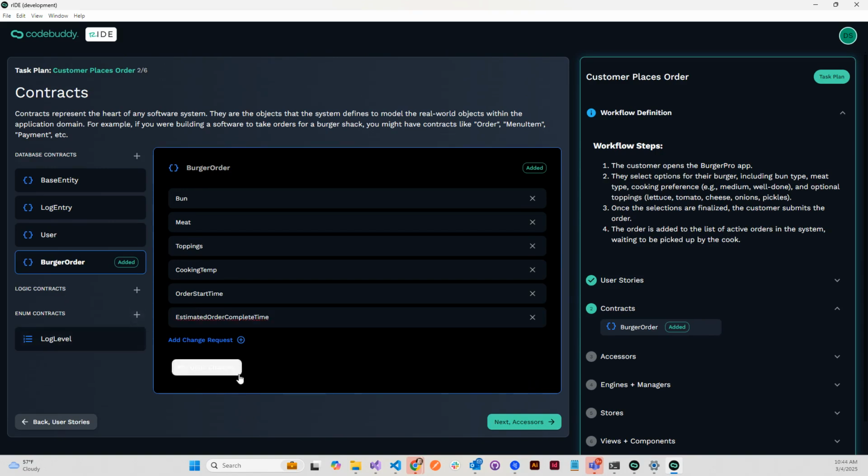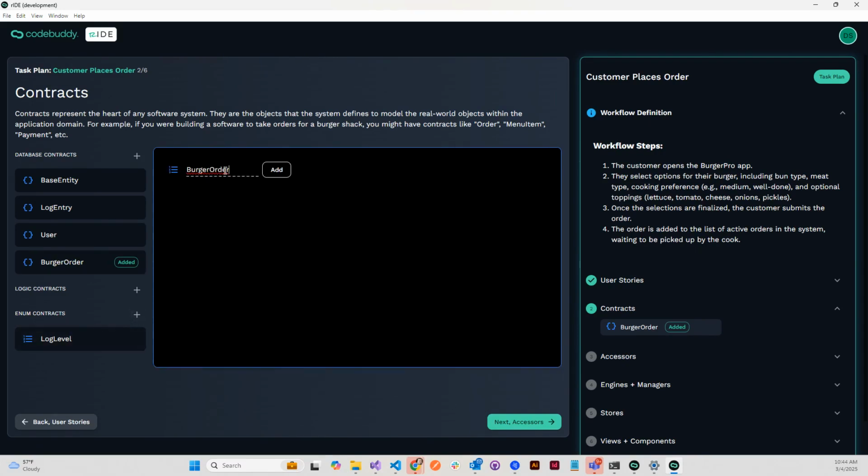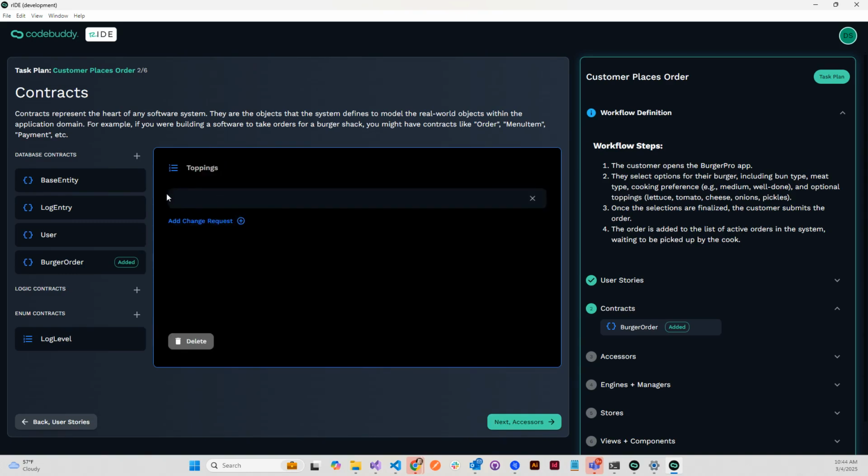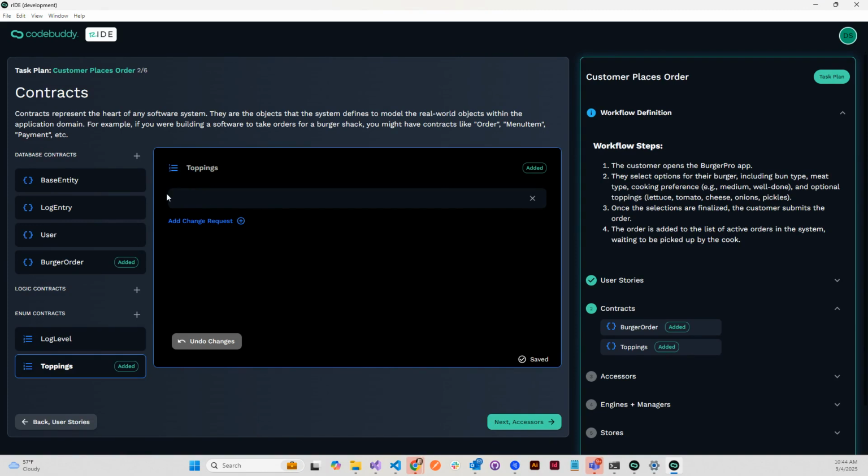And then that's added. So if I wanted to add an enum for, say, toppings, I can add an enum for toppings and have it say, we talked about the bun,